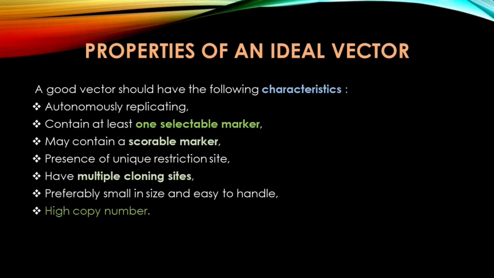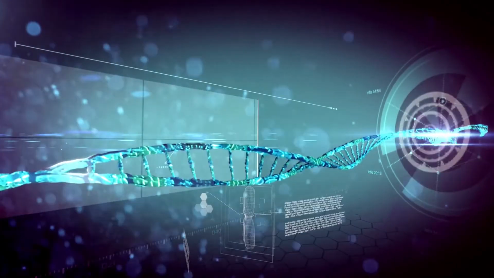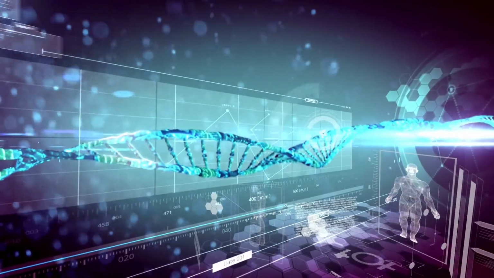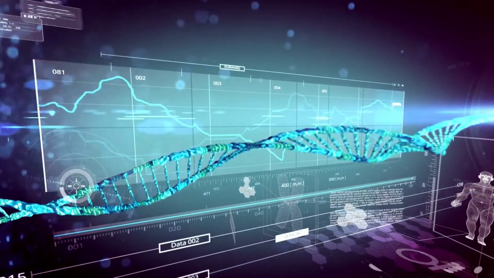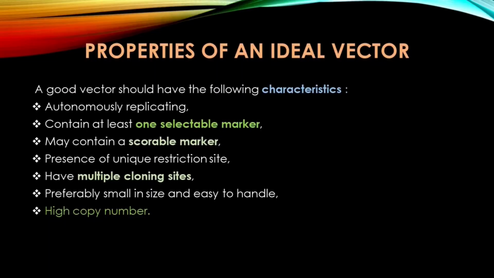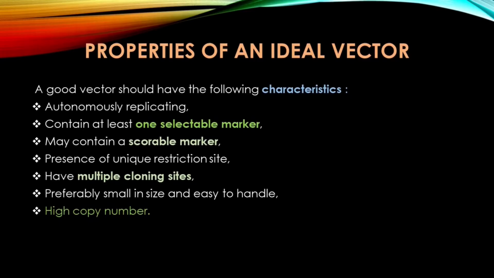It is autonomously replicating, and it may contain a scorable marker, and it contains at least one selectable marker, and it has the presence of unique restriction sites, and it has multiple cloning sites, preferably small in size and easy to handle, and it has a high copy number, and they are autonomously replicating, that is, they have an ORI region, that is the origin of replication, and they contain at least one selectable marker, for example the gene for antibiotic resistance,